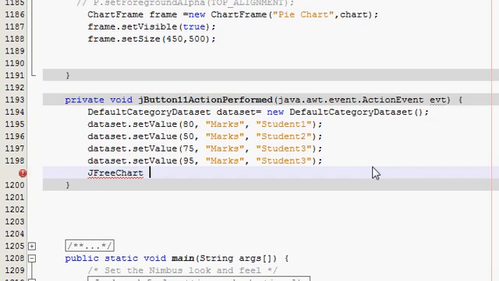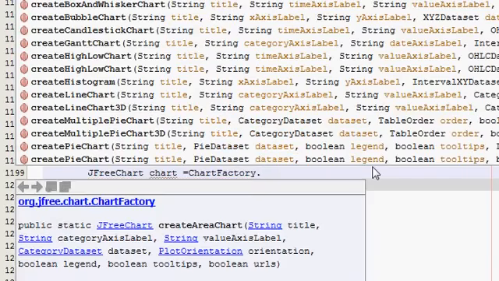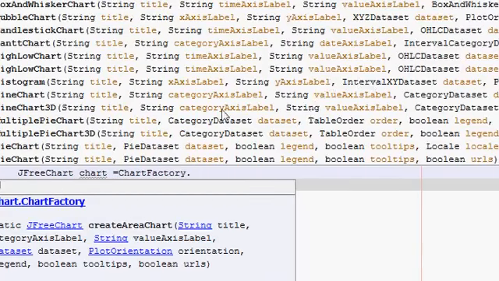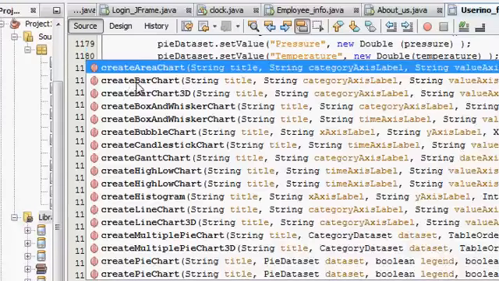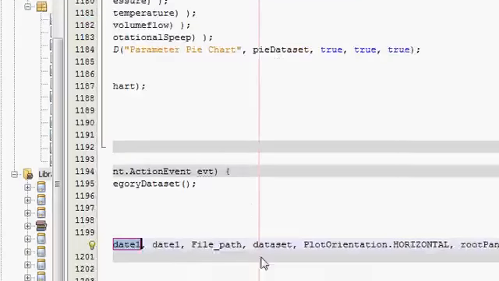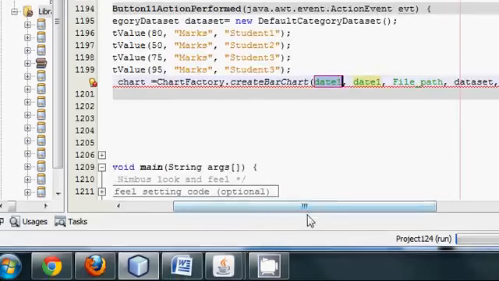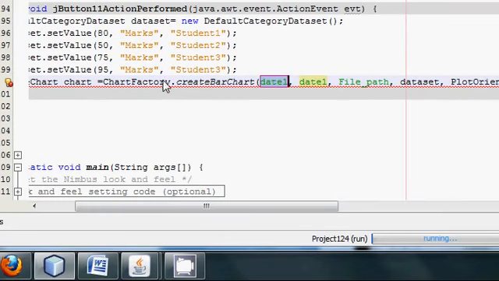and then after that you write JFreeChart, and then space chart is equal to ChartFactory dot, we are creating a bar chart. So click createBarChart, and you can see so many fields for bar chart. ChartFactory.createBarChart, and here in the first field you must write